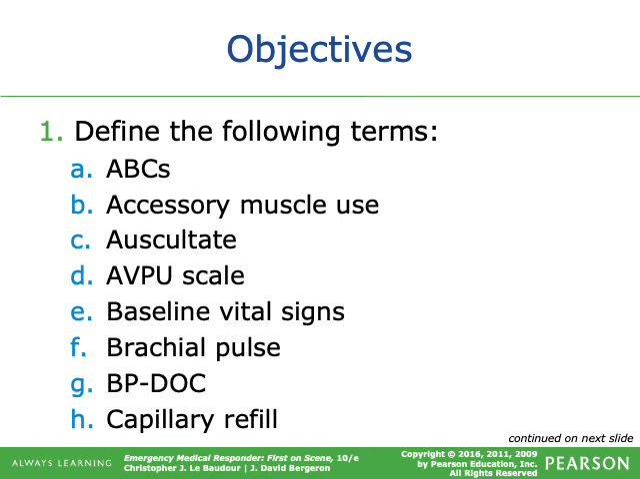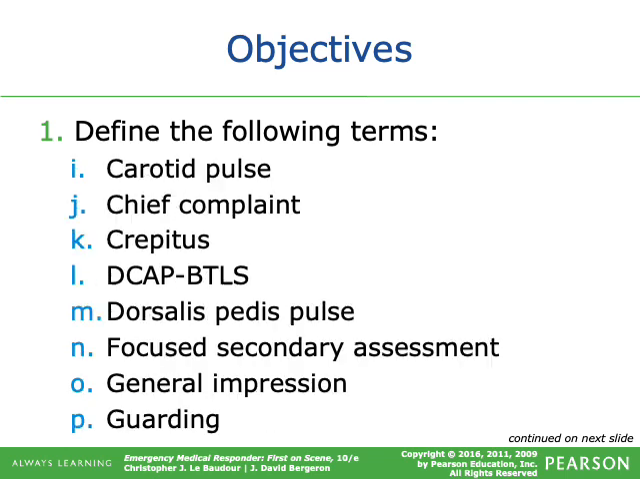Alright, the objectives for this chapter are to define ABCs, accessory muscle use, auscultate, the AVPU scale, baseline vital signs, brachial pulse, BP-DOC, capillary refill, carotid pulse, chief complaint, crepitus, decap-BTLS, dorsalis pedis pulse, focused secondary assessment, general impression, guarding,